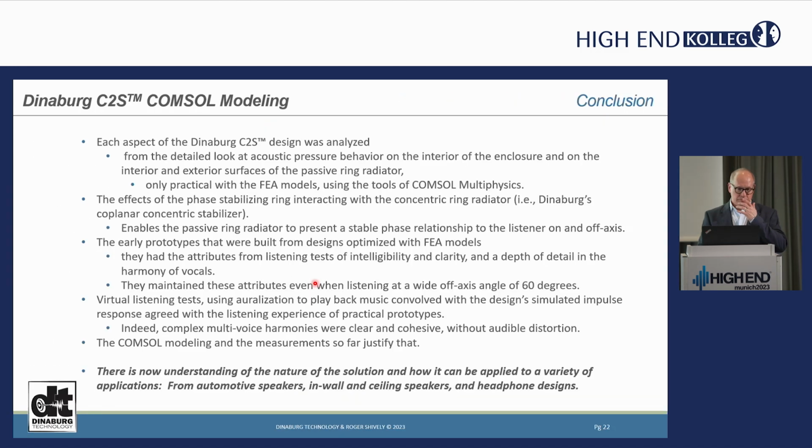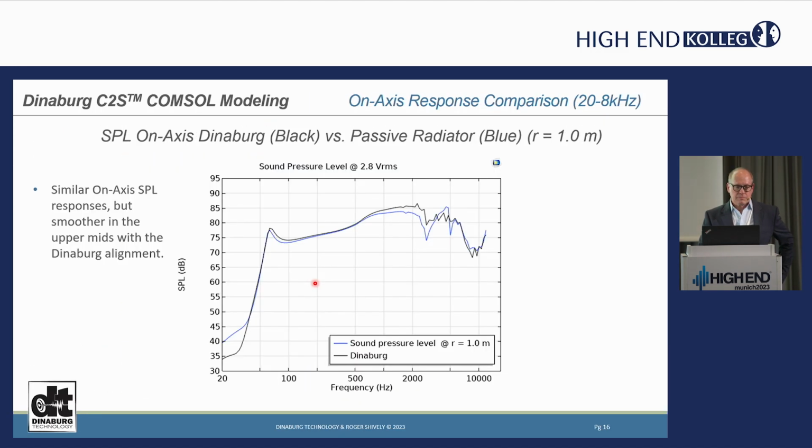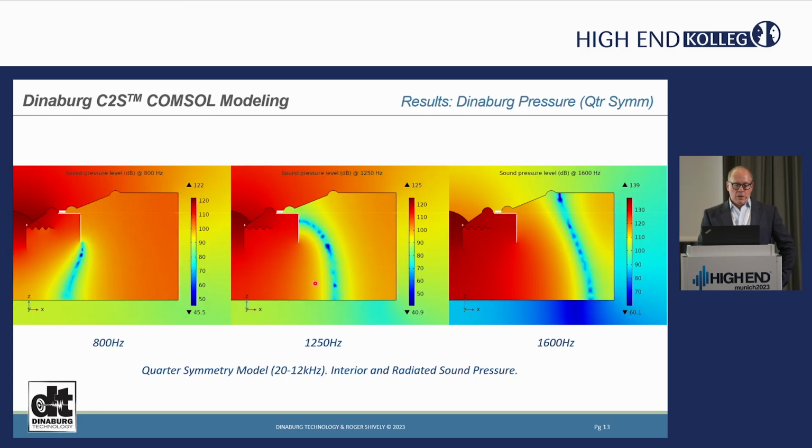Yes? With that phase ring, was the change a function of the height of it or the diameter? It was a function of the height mostly, and then that's also constrained by the depth of what you're dealing with. But you could make it wider. If you ran out of depth, you could make it wider and sort of compensate as well. So it's just a matter of finding the optimal width and height of it to create a positive